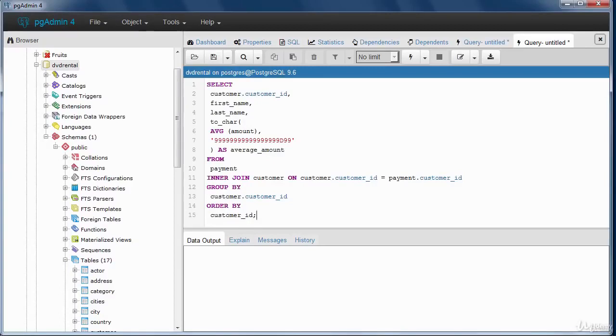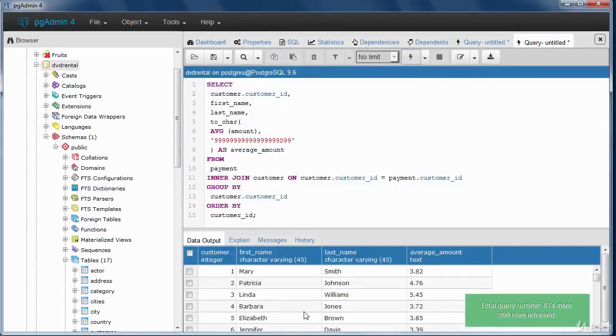So I've added the query here. In this example query, I'm calculating the average value of a group. So I'm using the AVG function with the group by clause. What's happening here is that the group by clause will divide the rows of the table into groups. Then the AVG function will be applied for each group. So in this example, I'm calculating the average amount paid by each customer. Okay, so let me execute this and you will see